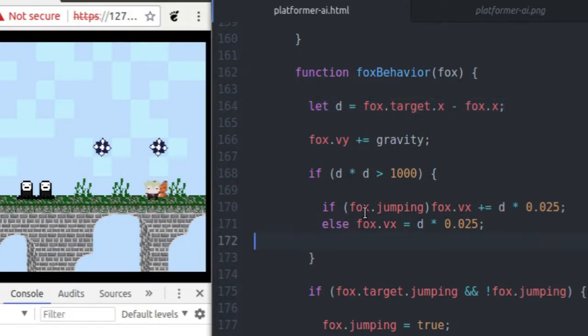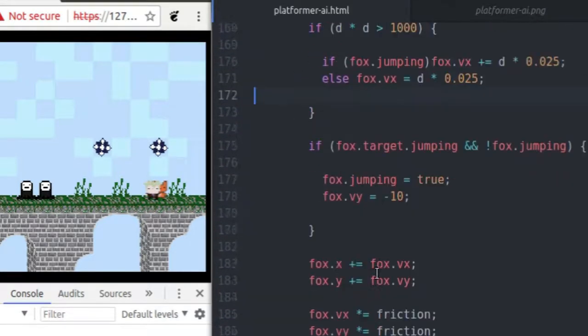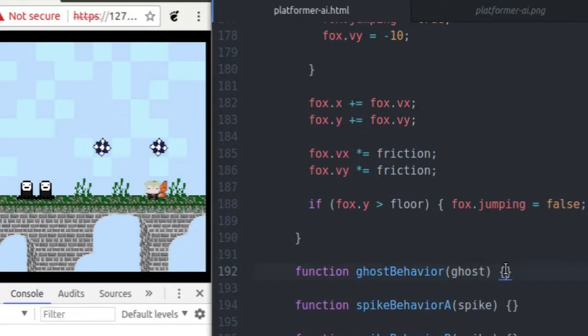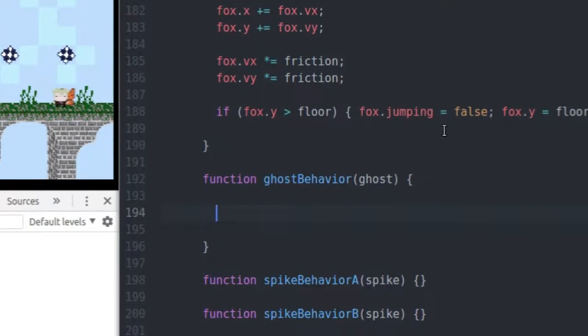It's kind of crazy. It's like some crazy following right there. But anyway, you get the idea. You could tweak this a whole bunch and make it work. Let's move on to the ghost. So the ghost is pretty cool. I like the ghost probably the most, just for the effect it has. The ghost is going to move around to a random position inside of the map. So let's go ahead and say